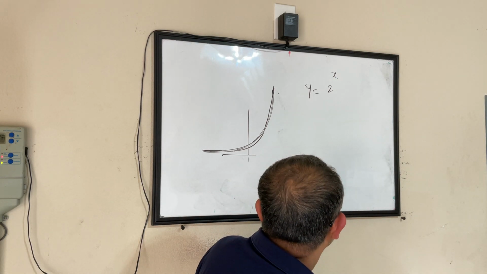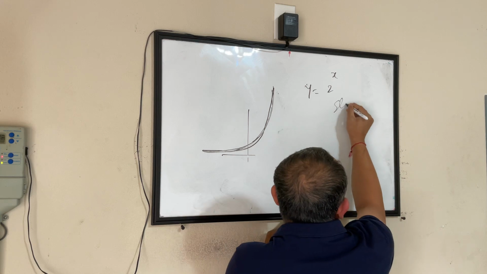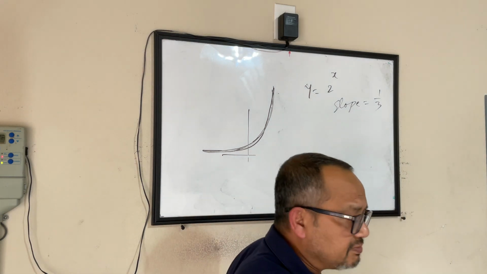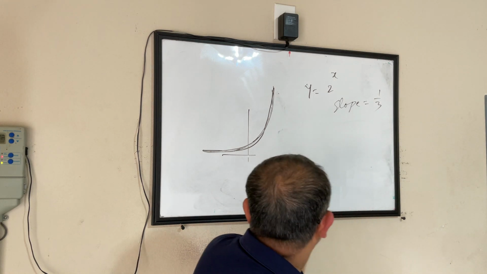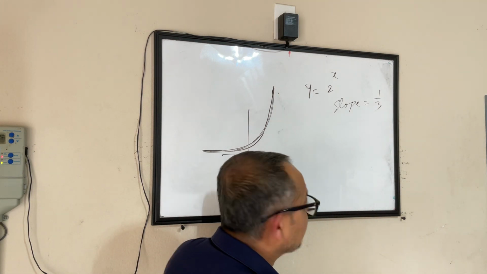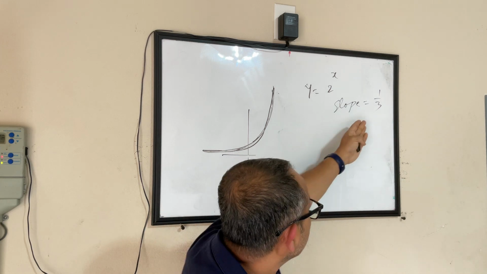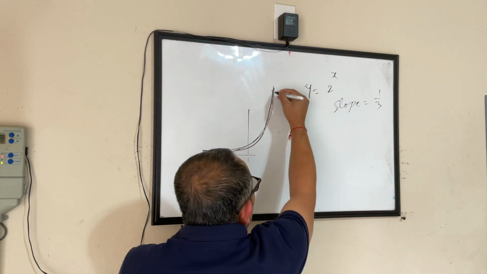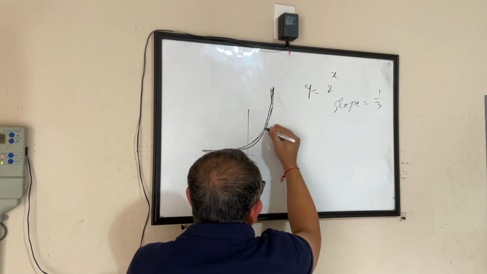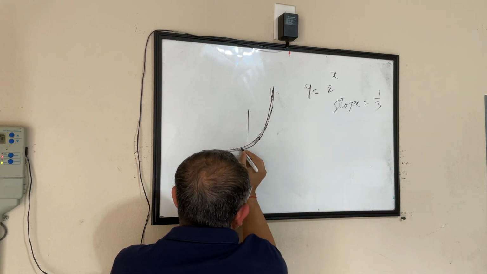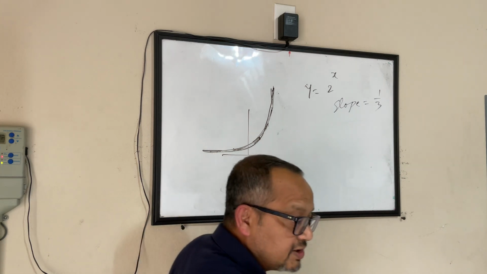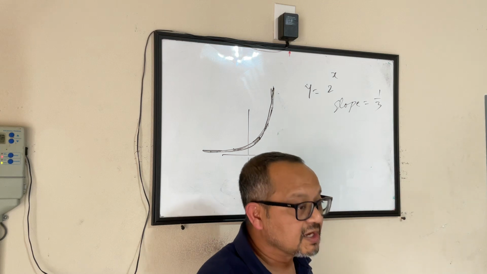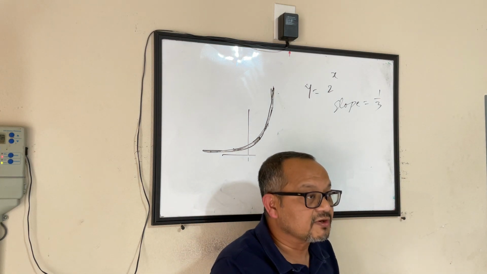Now, can I say that the slope of my function is 1 by 3? I'm just making it up. If you look at it visually, you will not agree with me. You will say, sir, you cannot make a generic statement saying that the slope of the function is 1 by 3, because your slope here versus the slope here versus the slope here are all different. It doesn't seem to be a constant value, it's changing. So that is why slope of function is always determined